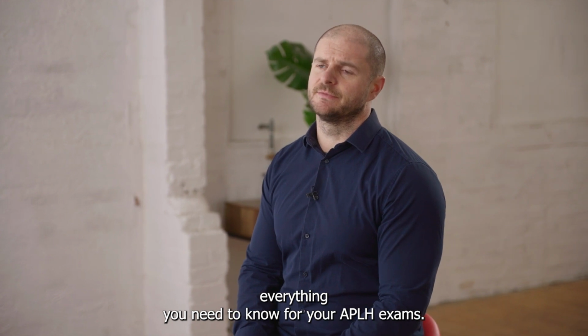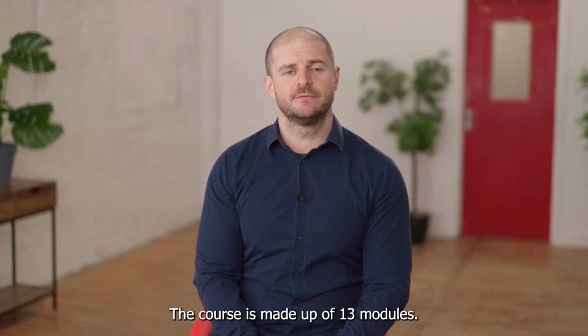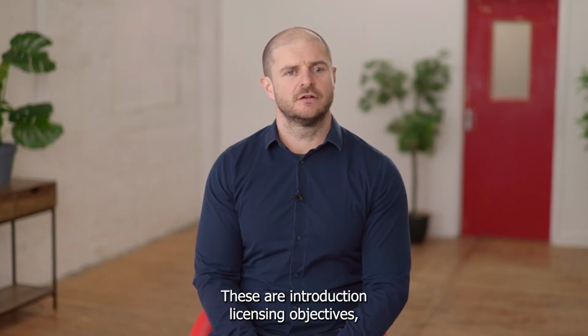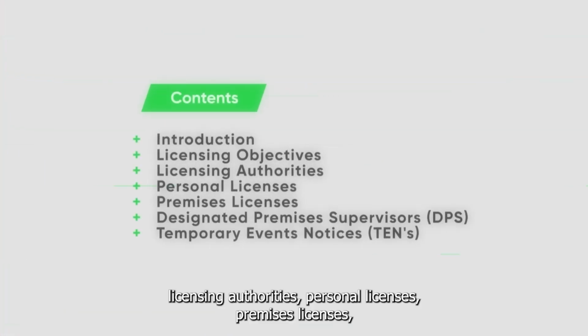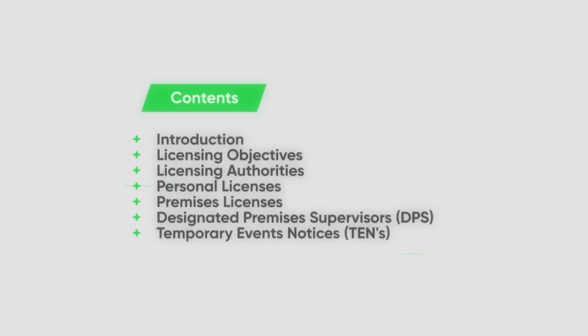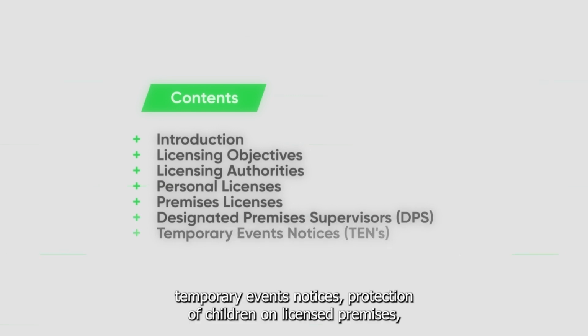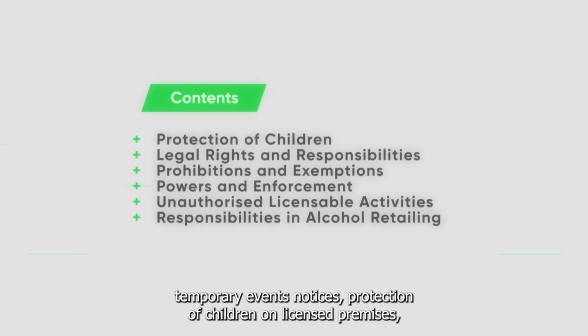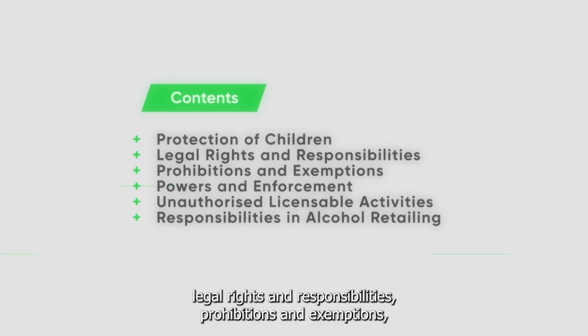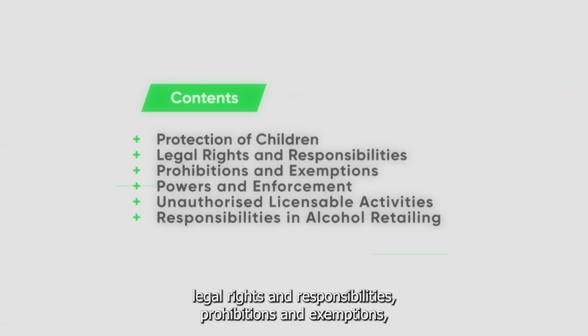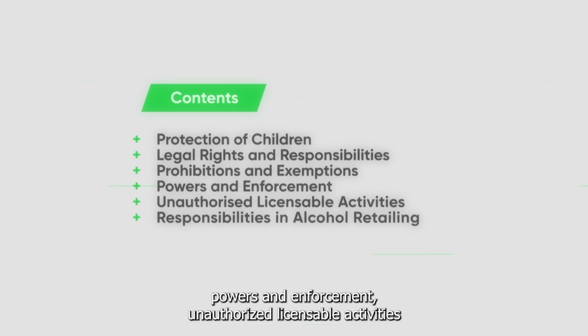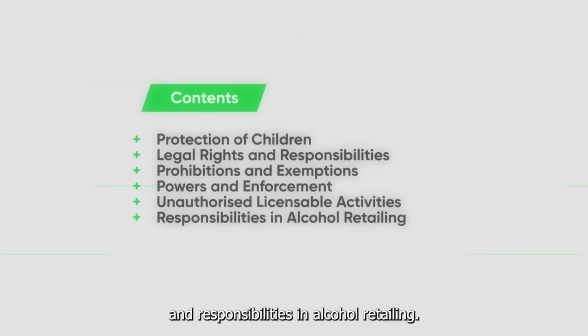Your APLH exams. The course is made up of 13 modules. These are Introduction, Licensing Objectives, Licensing Authorities, Personal Licenses, Premises Licenses, Designated Premises Supervisors or DPS, Temporary Events Notices, Protection of Children on Licensed Premises, Legal Rights and Responsibilities, Prohibitions and Exemptions, Powers and Enforcement, Unauthorized Licensable Activities, and Responsibilities